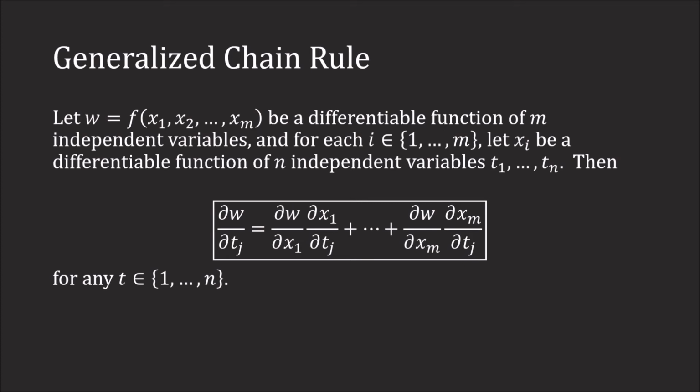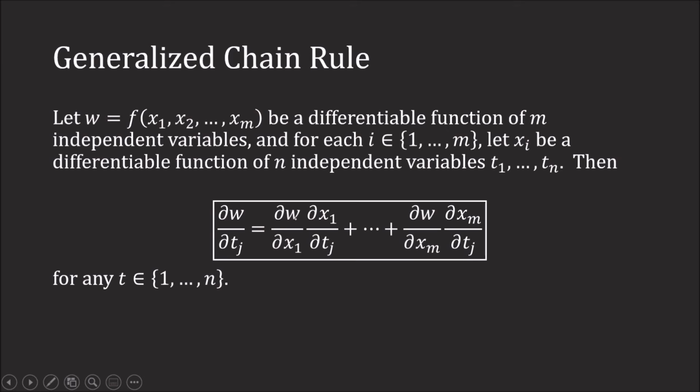Then w would be a differentiable function of each of these n variables, and we would have, for every index j,